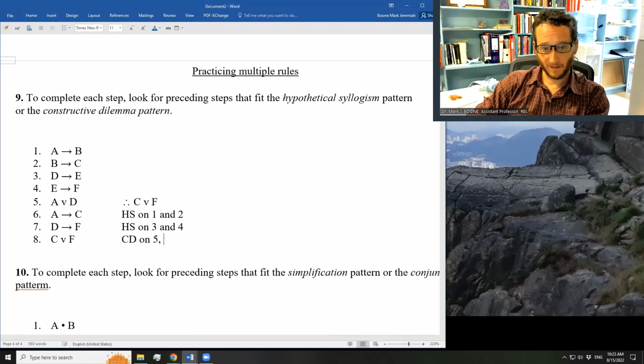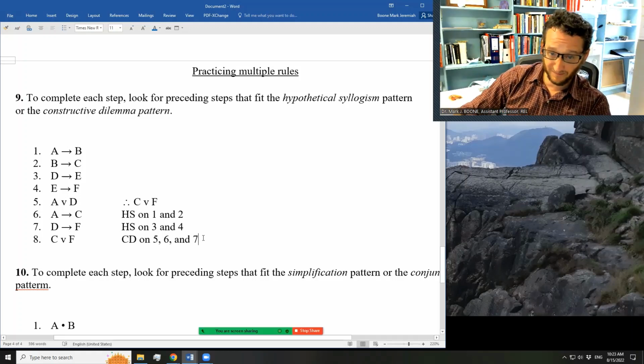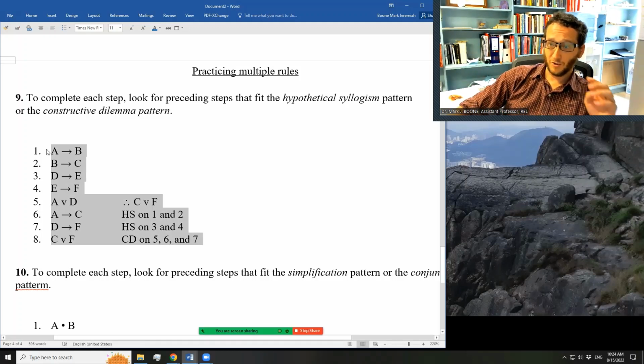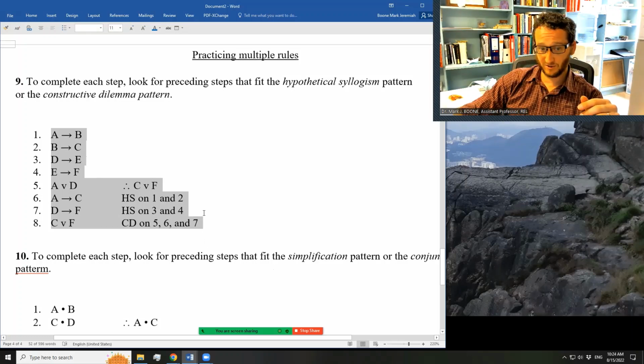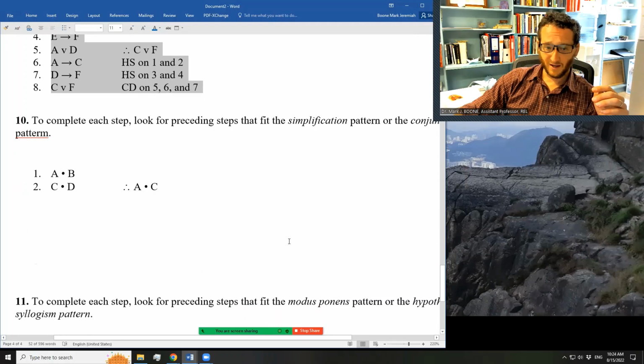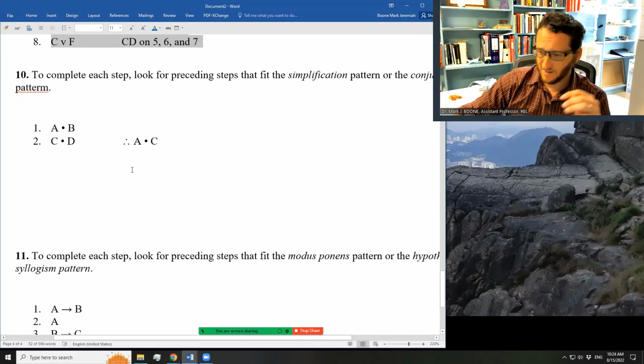5, 6, and 7. So you have to use a constructed dilemma rule to finish this proof. You can use only the constructed dilemma rule, or you can use the hypothetical syllogism rule. Either way is fine. All right, I want to do 2 more very quickly because I have to be somewhere